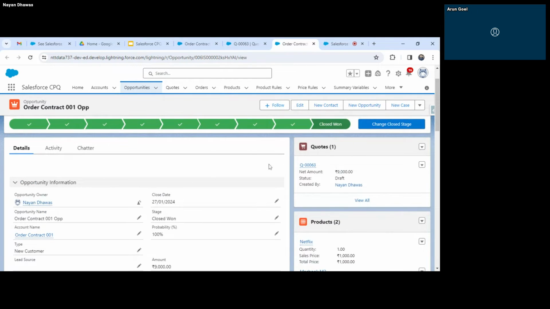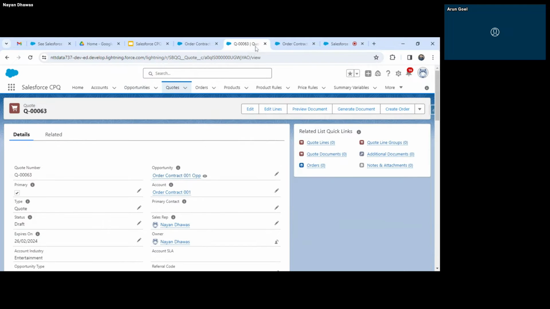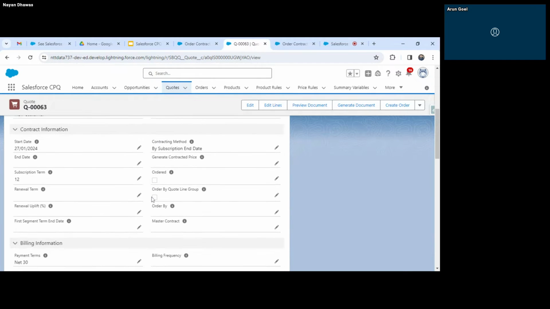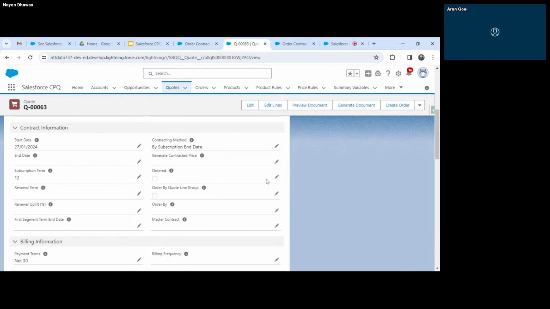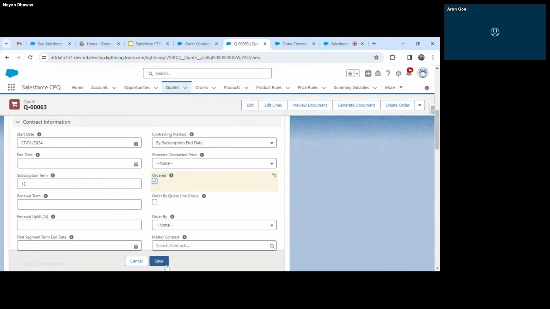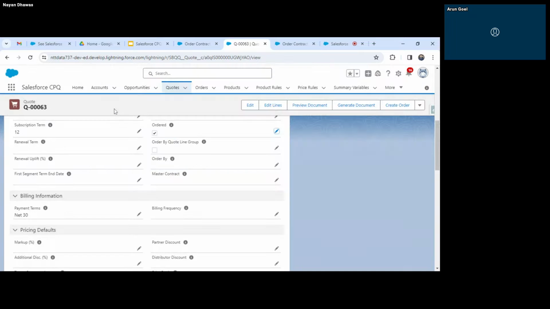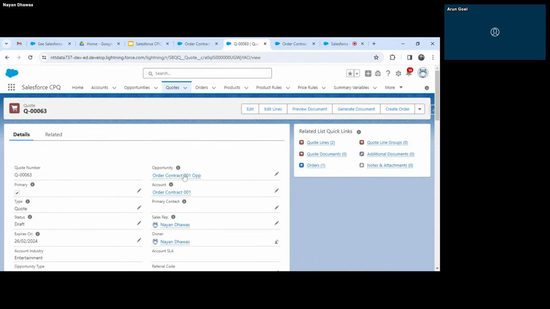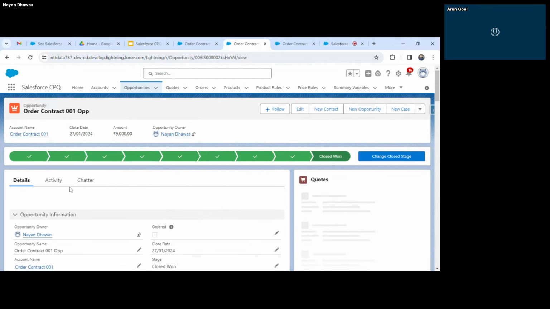So now in this case, I have already closed the opportunity. Let me go back to my code, and from here I will order it. Okay. So to order it, I just need to mark this as true and then I'll save it. Once this is done, if I go back to my opportunity now, in the related list, I can see